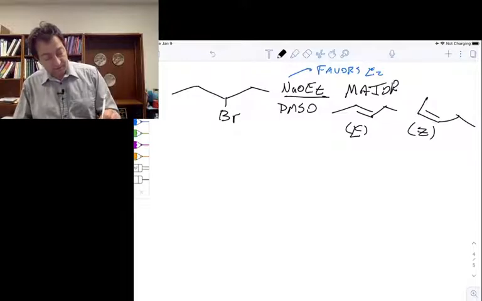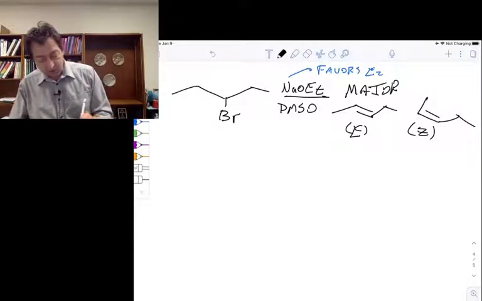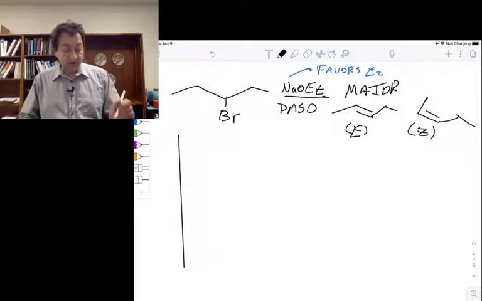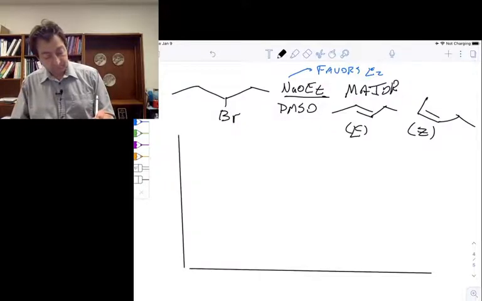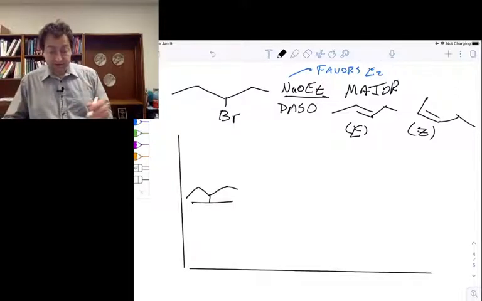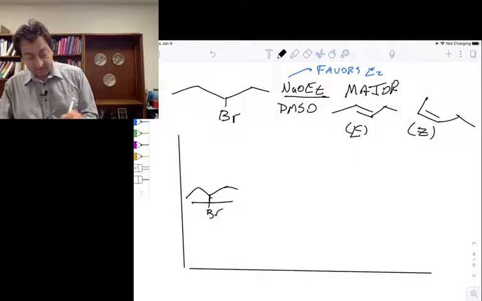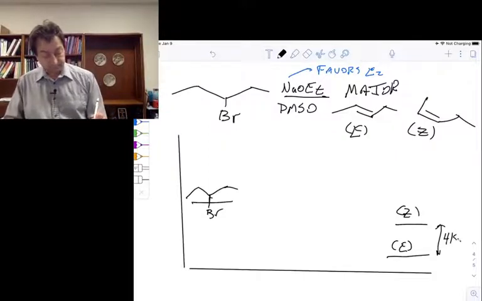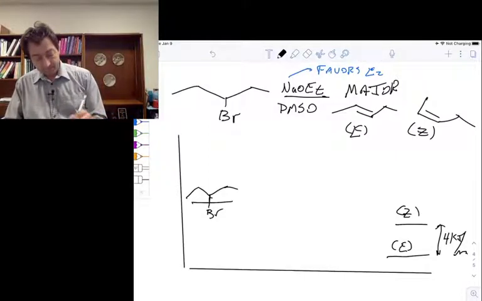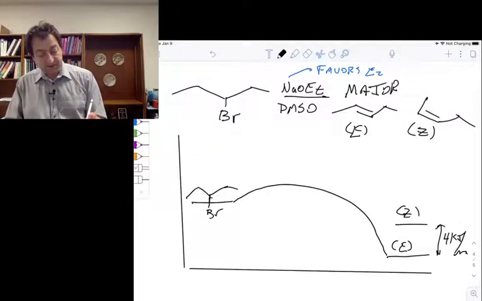And again, just to represent this in a graphical manner, we can show this on a potential energy diagram, where we'd have the substrate here. And then the two possible products, one being the E, one being the Z, where there's a difference between them of about 4 kilojoules per mole. And here we've got two very similar transition states, slightly higher,